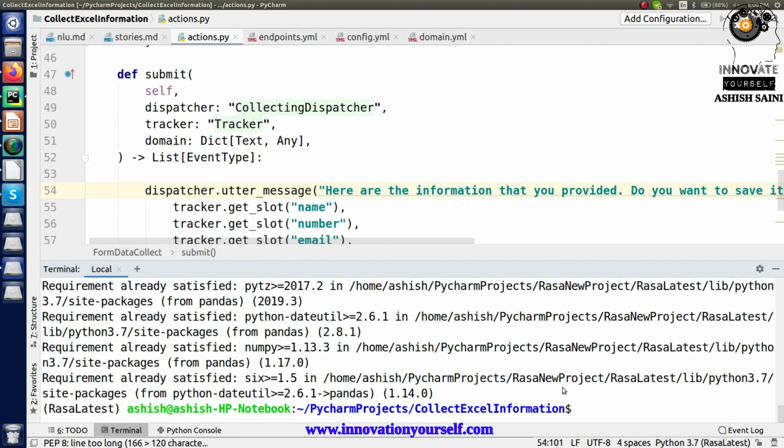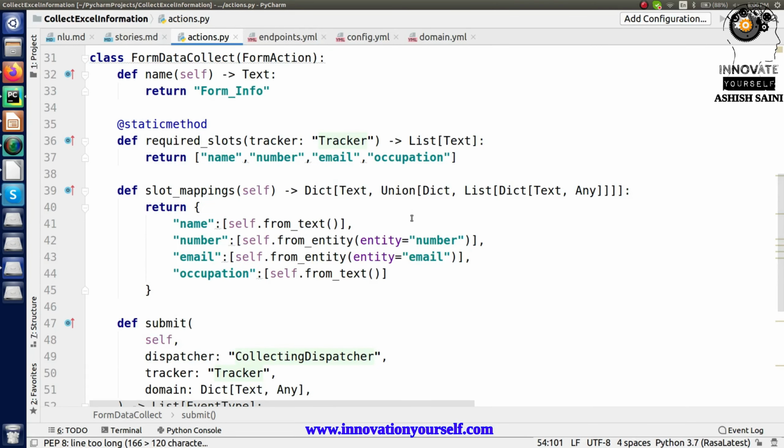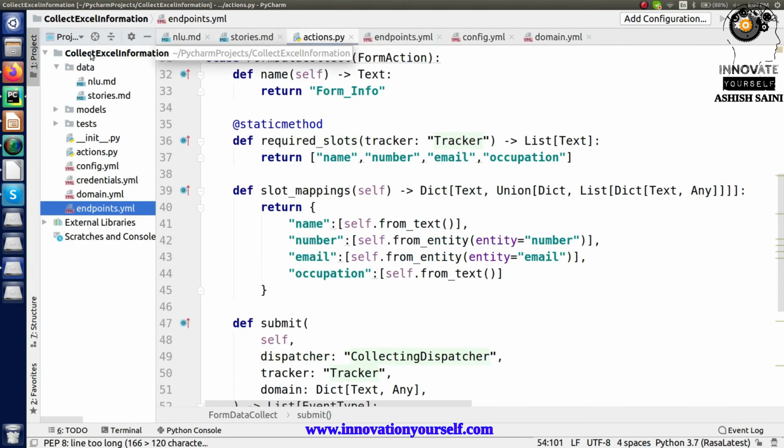Alright, so pandas is already installed on my system, because it was already installed in the environment which I am using right now. That's why it says requirement already satisfied. So that means pandas is installed. Now we can go ahead and directly write a program for it, right? I'm going to collect this information and further store it into the Excel sheet. But whatever program I write, I'm not going to write it in here. Instead, let me add it separately in a separate file, right?